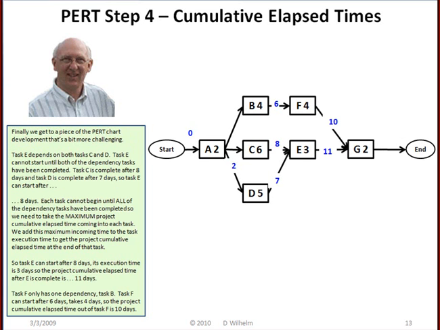Finally, we get to a piece of the PERT chart development that's a bit more challenging. Task E depends on both tasks C and D. Task E cannot start until both of the dependency tasks have been completed. Task C is complete after 8 days, and task D is complete after 7 days. So task E can start after